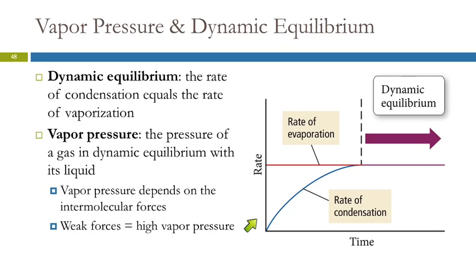So if we look at the rate of evaporation and condensation over time, initially when it starts, there's no condensation because there's no gas molecules to condense. The rate of evaporation stays constant because nothing that affects it is changing. The rate of condensation, though, increases because as you get some evaporation occurring, now you have gas molecules above the liquid and they can condense. And so this is going to continue to increase as evaporation goes on until we reach a point where they're equal. If the rate of condensation is equal to the rate of evaporation, the number of gas molecules is going to stay the same. And so the rate of condensation cannot increase anymore.